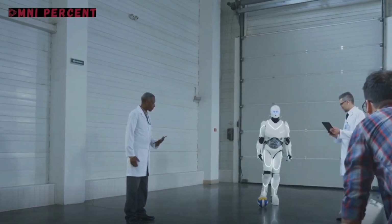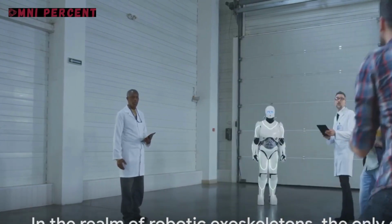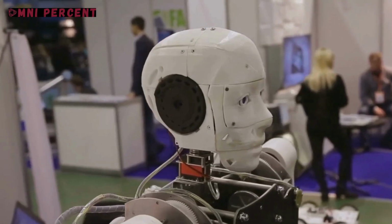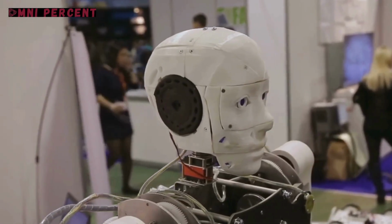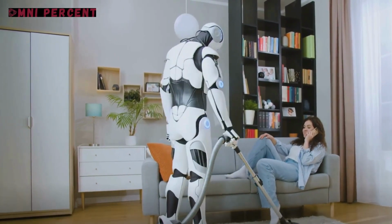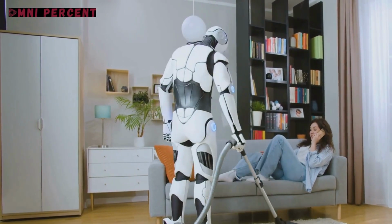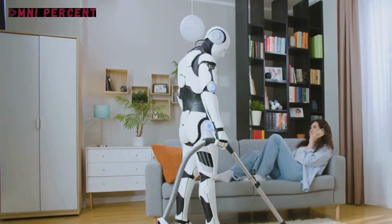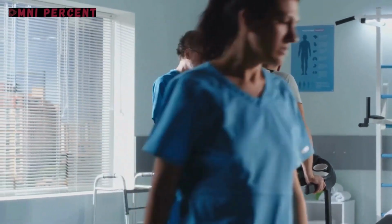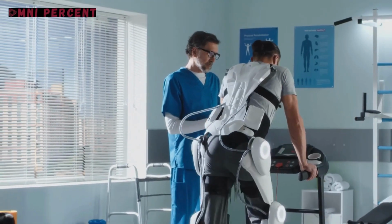In the realm of robotic exoskeletons, the only constant is change. As we continue to push the boundaries of what's possible, the future holds limitless potential. So what have we uncovered in our journey through the world of robotic exoskeletons? A transformative power, evolution, promising future. With every step we take towards the future, robotic exoskeletons are there, making those steps easier, more powerful,